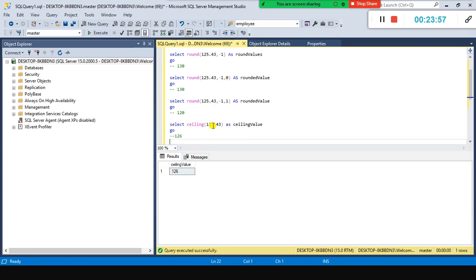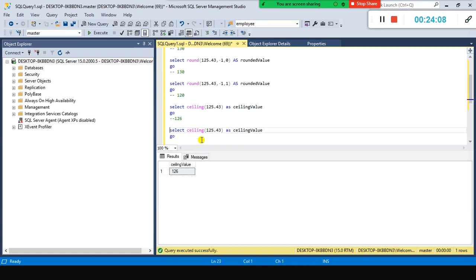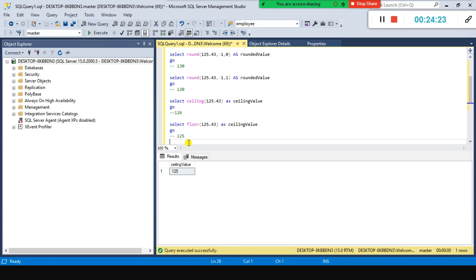So here when you use ceiling value, this is the one we use in day-to-day life, right? So 126. Let's say I have something else called floor. Let's see what happens when I use floor. When I use this one, 125 here. In this case, sorry, this is not a ceiling value and floor value.